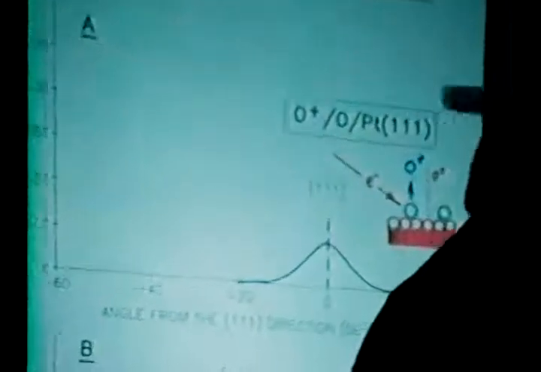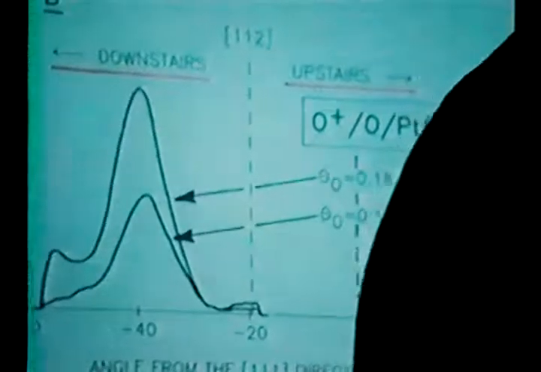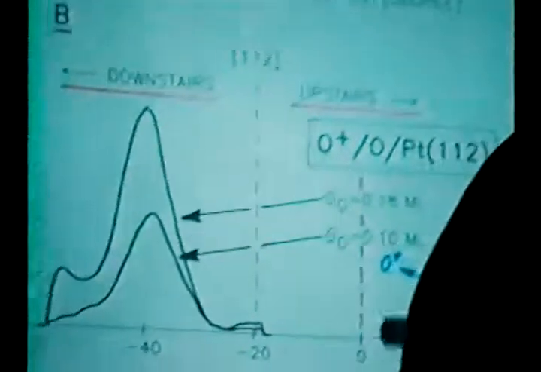Here's an experiment at the top for oxygen chemisorbed on a platinum 111 surface, shown inside the view here. And the O+ ions that come off when electrons hit the oxygen atoms come off in a direction which is normal to the crystal. We think that means that the oxygen is bound down in a deep three-hole site on the surface. When it's excited, the repulsions from those three bonds are balanced, and off come the oxygen plus ions in a normal direction. But when we work on the step crystal, the normal to the terraces on the step crystal is